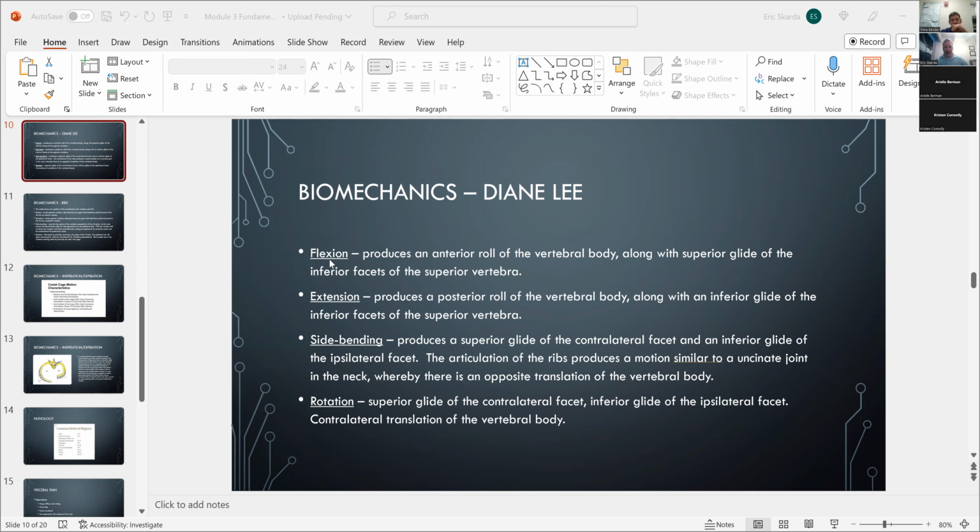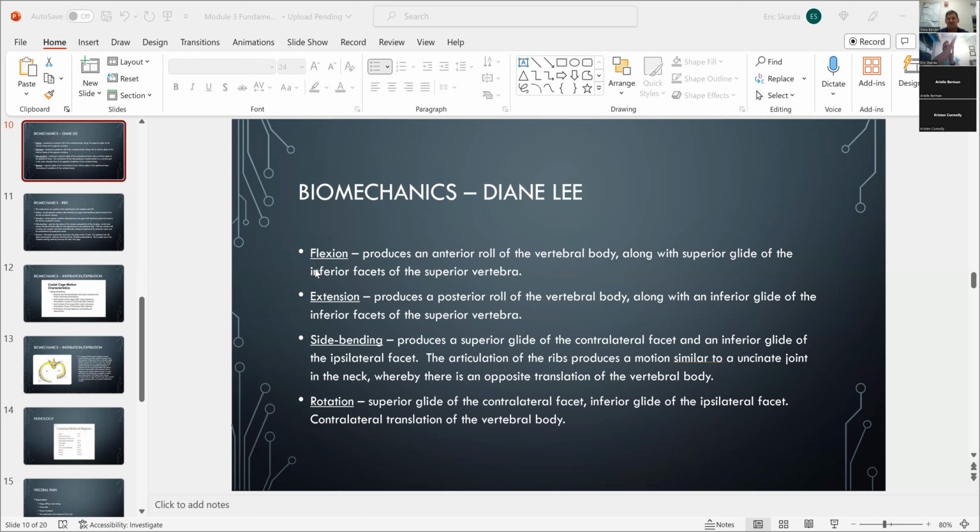If we're looking at flexion, so if we bend the trunk forward, what we should get is an anterior roll of the vertebral body along with a superior glide of the facets, right? So if we're looking at T5 on T6, the inferior facets, which are the facets on the bottom of T5, are the ones that are going to overlie, right? So if we're looking at T5's inferior facet, T6's superior facet, they should rest like this, with that direction facing to my left being